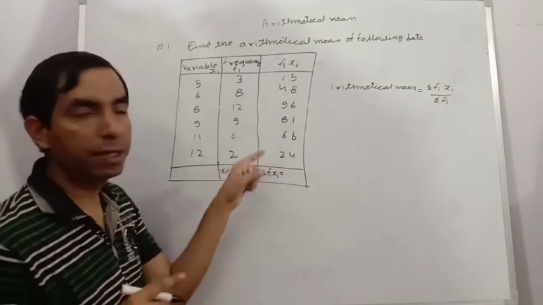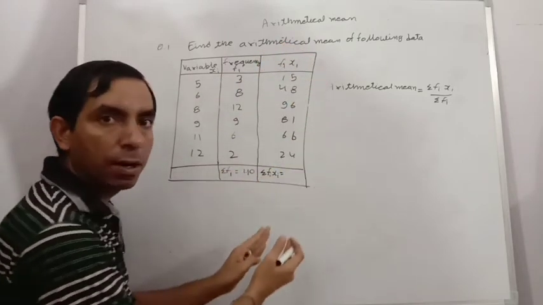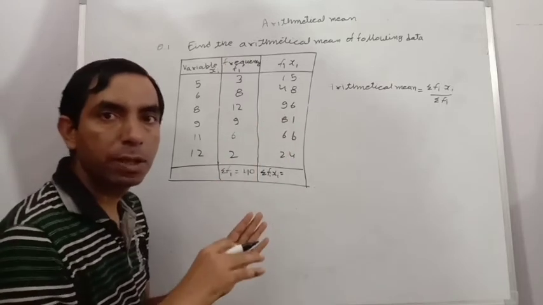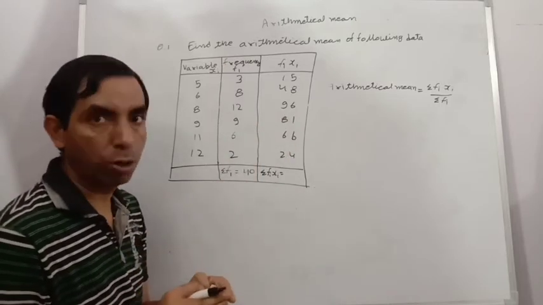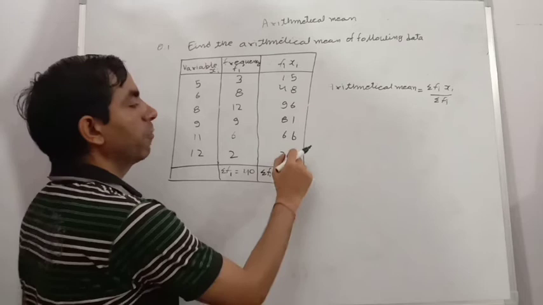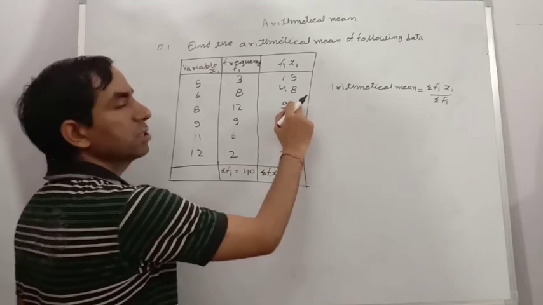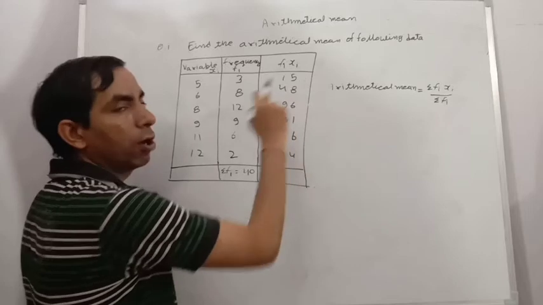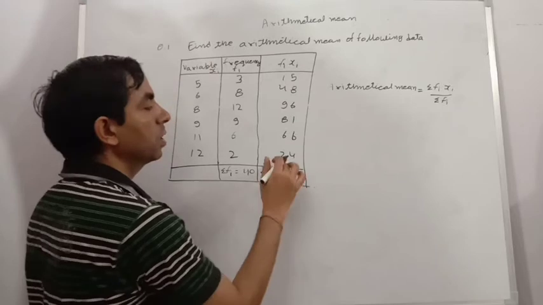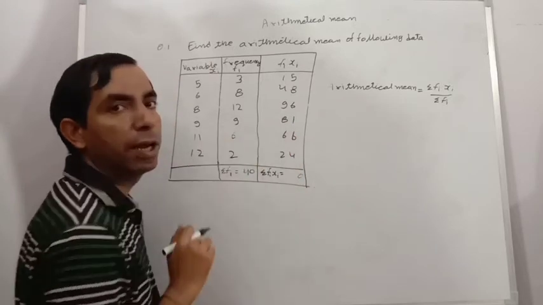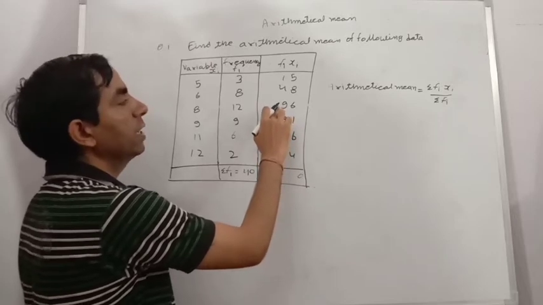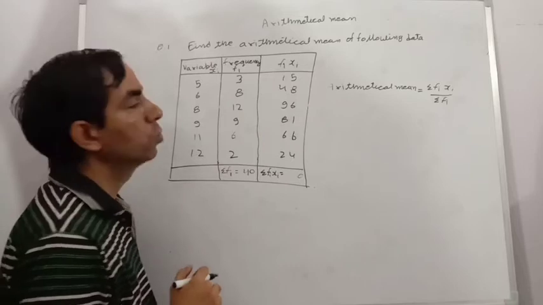To find summation of fi xi, always solve carefully and write the digits downward, the units digit in one line and the tens digit in the second line. If you write it in a confusing way, your addition may go wrong, because some students make mistakes in addition here. So add it: 4 plus 6 is 10, 10 or 1 is 11, 11 or 6 is 17, 17 or 8 is 25, 25 or 5 is 30, 0, 3 remaining, 3 to 5, 5 or 6 is 11, 11 or 8 is 19, 19 or 9 is 28, 28 or 4 is 32, 32 or 1 is 33.